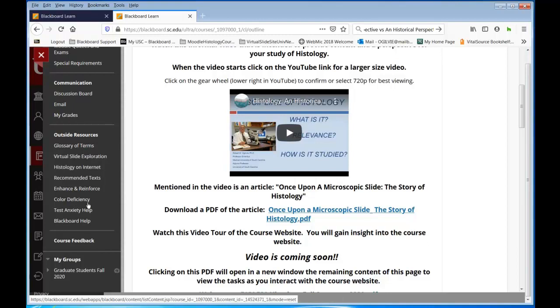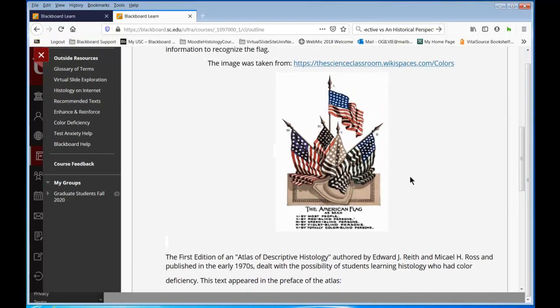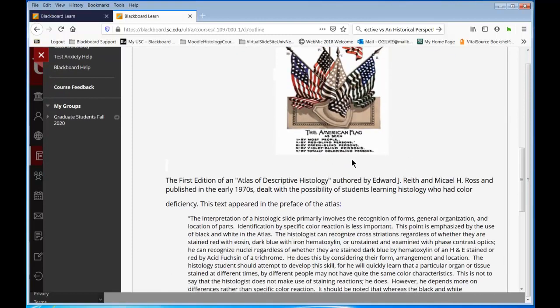And then we give you other, even color deficiency. You can learn, even if you have a deficiency in color. Almost nobody is colorblind. That is a very rare condition. Most, and especially males, are blue-green and kind of cannot recognize a number if it's in green on a background of blue. But you can read about this, and also I give you an example of American flag and different